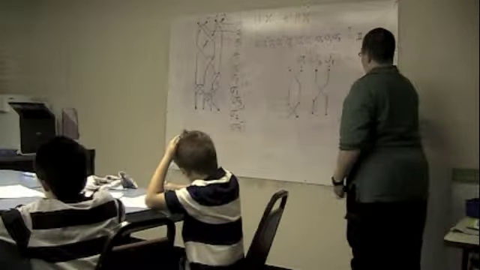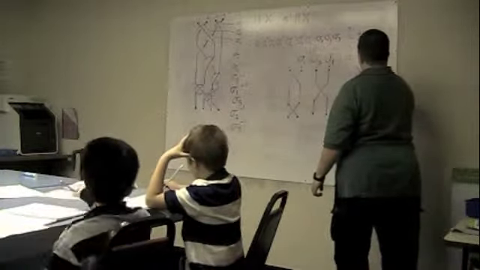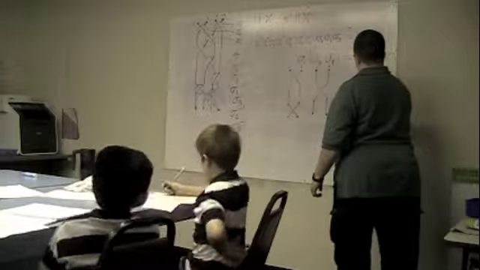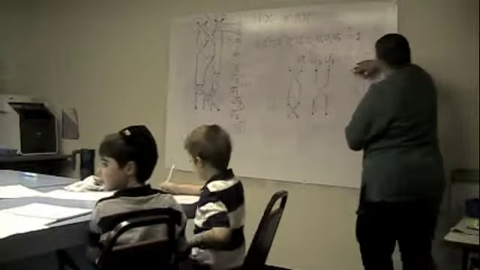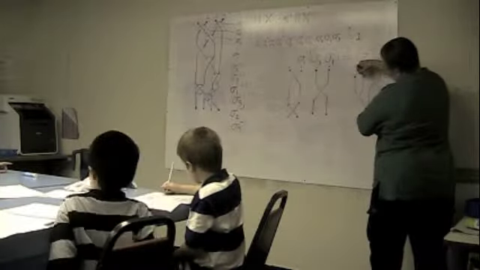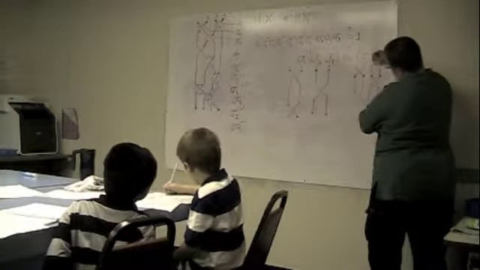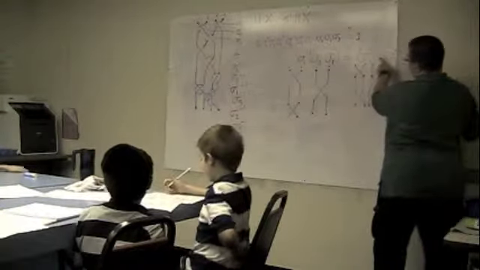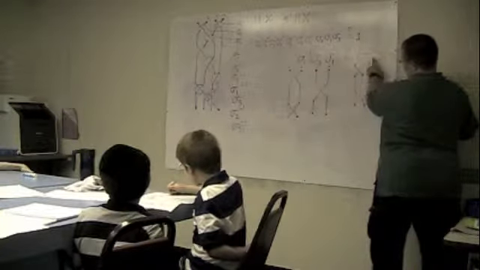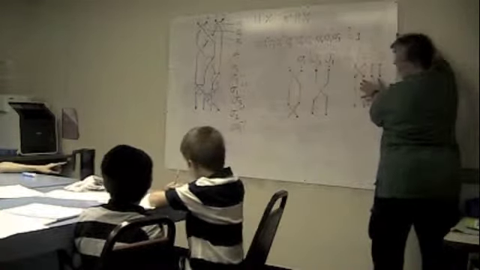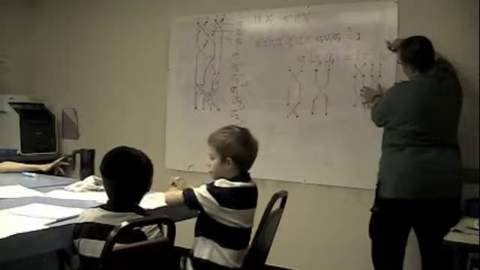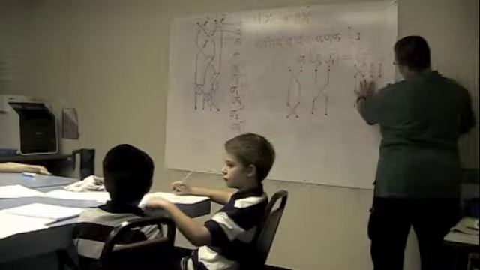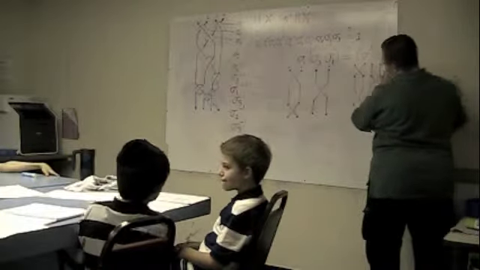Okay, let's do it. I'm going to draw just the strings without the nails. First we have sigma 1 inverse, and then we have sigma 3. We do this one first, sigma 3, and then you do sigma 1 inverse, and then you hang it under sigma 1. Here's the sigma 1, here's the sigma 3, here's the sigma 1 inverse. Yeah, it's the same thing. It works. So it is the same.